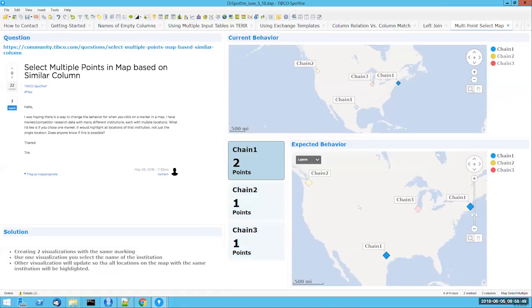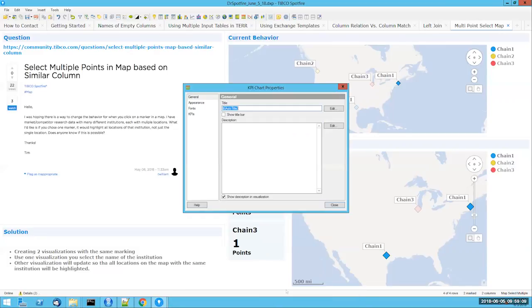So now what I can do is if I select chain 1, you can see that all the locations get highlighted. Not only that, I can do it backwards. So if I select it here, you see that this one gets highlighted, and then if I click on it, it drives the map. So it's a very nice two-way transaction,